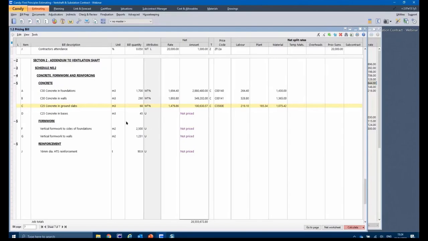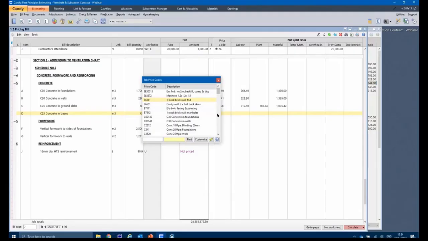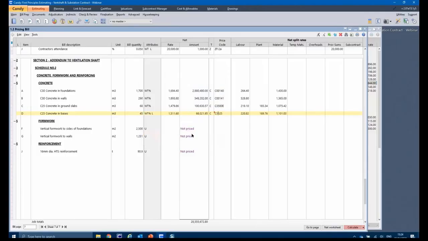If I look at concrete in bases, this particular item, I could just double click in the price code column and then allocate the relevant price code to this item. Double click and that pulls through the rate build-up. You'll see that red indicator block indicating multiple uses.